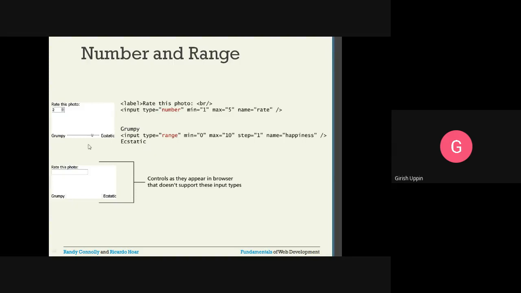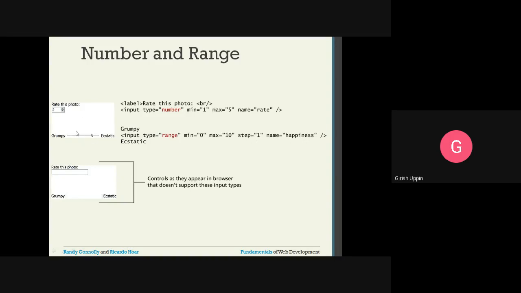Then the next one is the range. This says grumpy, then ecstatic, and in between I have a range control. How to get this range control? Input type equal to range, minimum 0 and maximum 10. When you select, the step that is used is 1, and the name is equal to happiness.